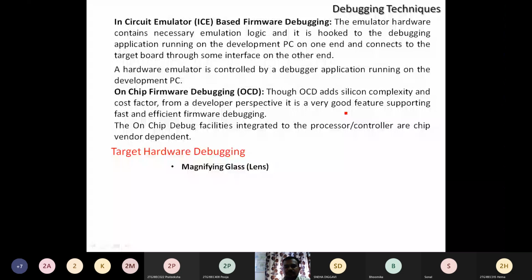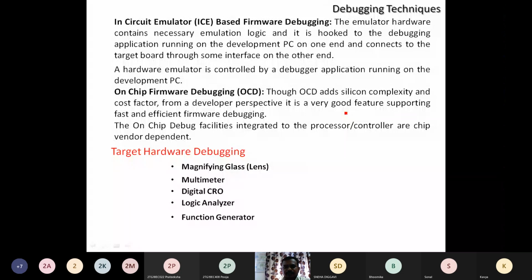Another one is the logic analyzer, which we use for debugging purposes. Another is the function generator, which we use for generating signals to test the required or available hardware.